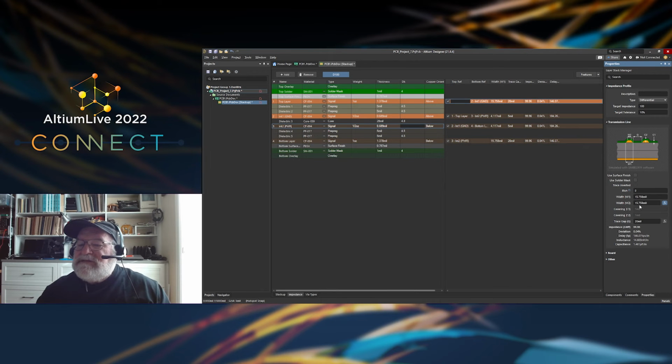Oh, 15.76 mils is the appropriate line width. Because when I use that line width, look, I've got 99.96 ohms as the differential impedance. Pretty darn close to my 100 ohms. Now, if I said, well, I want 15 mils, but I don't want 100 ohms, I want 85